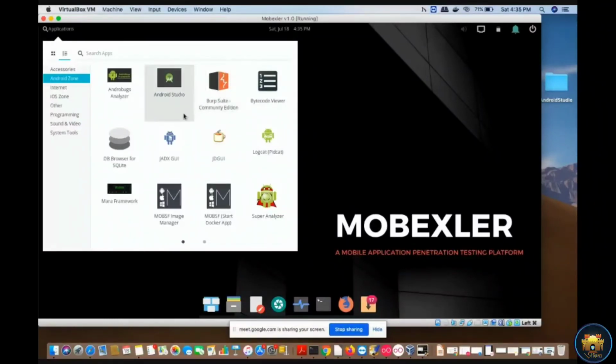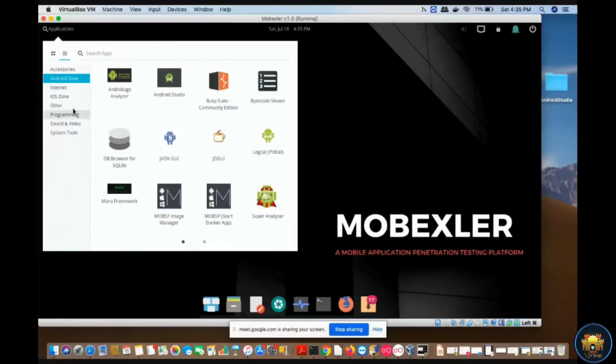So like you can see, all tools are available here, like Android Studio and JD-GUI and ZX, Logcat, MobSF. And MobSF is also available here, right? So Docker image. You need to just click on this MobSF and start executing your pen test activities. Database browser is also available here, right? SQLite browser. You just need to click on any tool and start working on it.